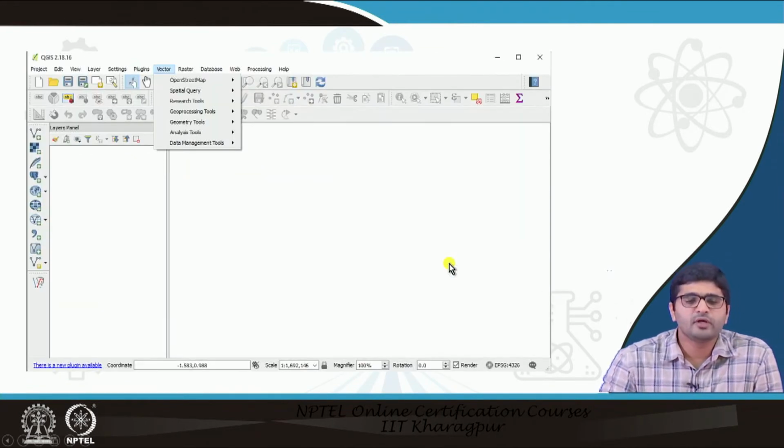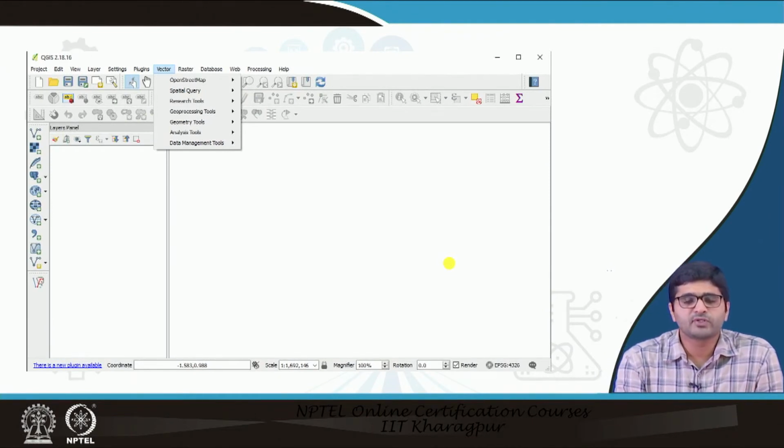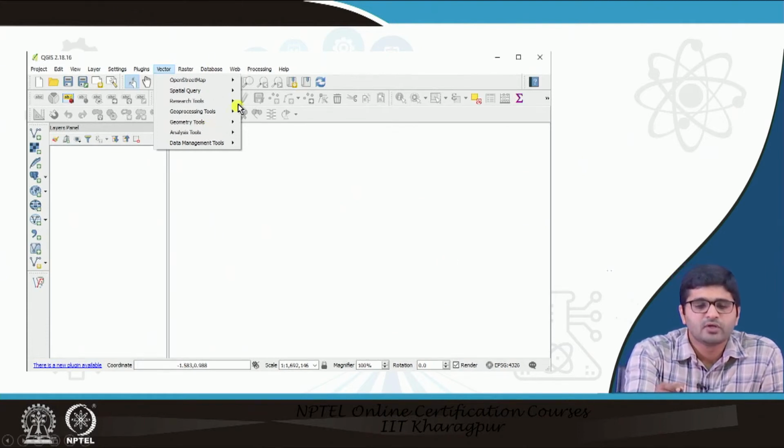So as I mentioned earlier, QGIS is majorly meant for vector analysis. All those vector functions which are there in QGIS will be listed under Vectors. For example, spatial query, if you want to query a particular thing in a particular map, or if you want to perform geoprocessing analysis, geometrical analysis, or any kind of data management tools, these kinds of functions are found under the Vectors tool.